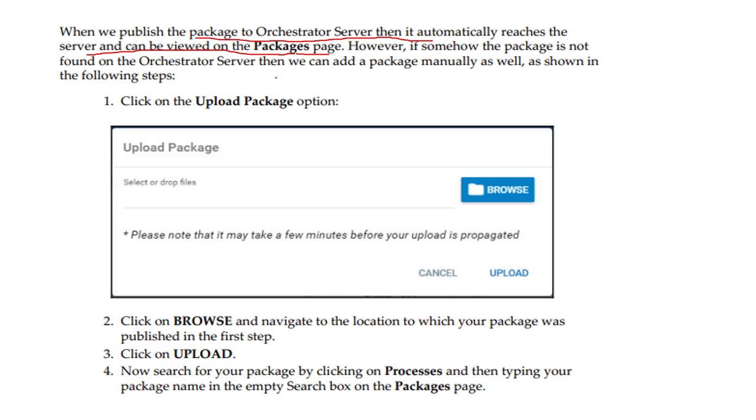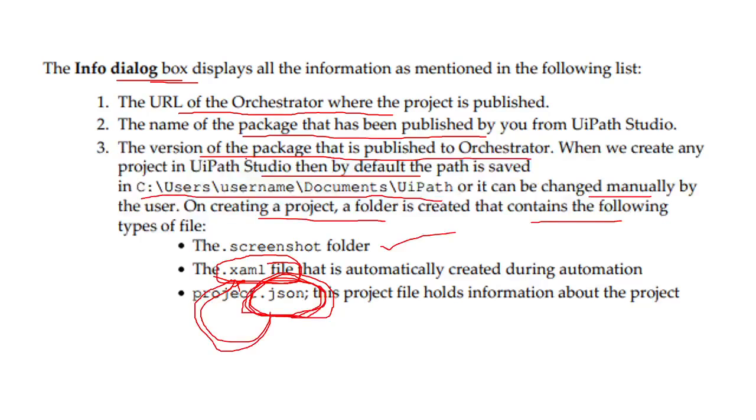So when you go to the orchestrator, but orchestrator will not be available in the community edition, hence I can't show you this practically. But anyhow, there is a screenshot here. You can go ahead with this screenshot to know how the UI will look in the orchestrator. Clear? So when you go to the packages page in the orchestrator, you will find the package